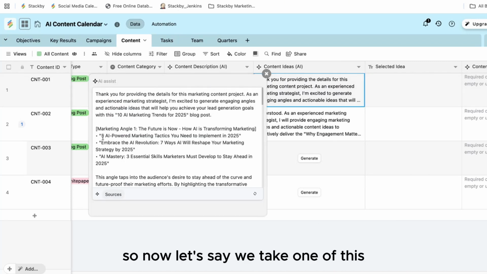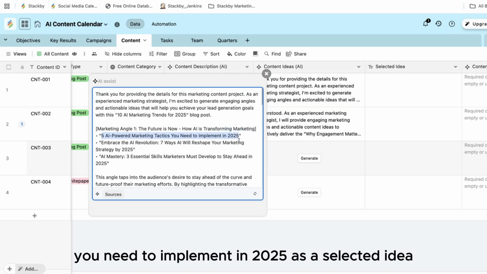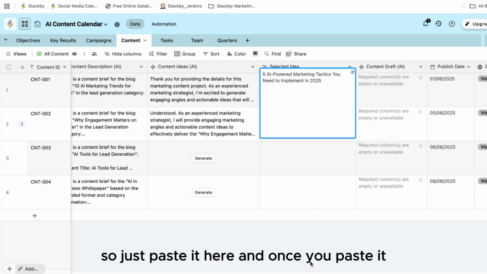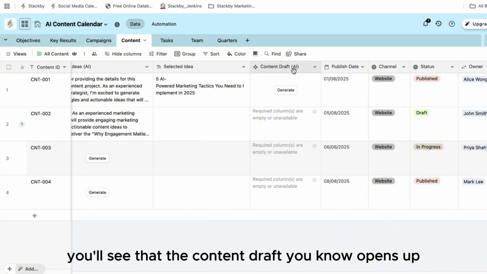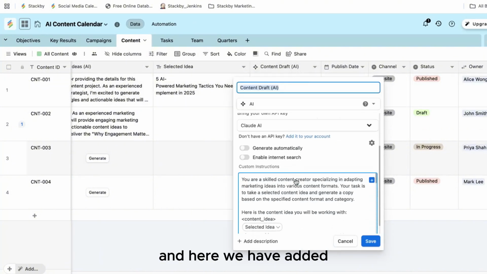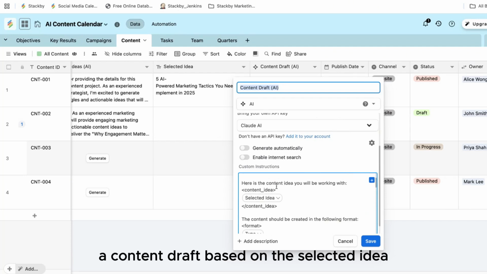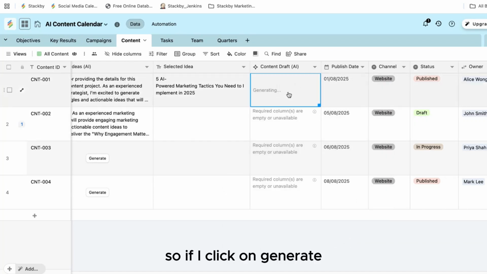So now let's say we take one of these, 5 AI powered marketing tactics you need to implement in 2025, as a selected idea. So just paste it here. And once you paste it, you'll see that the content draft opens up. And here we have added that you're a skilled content creator and you need to create a content draft based on the selected idea, and the format needs to be in a particular way. So if I click on generate,